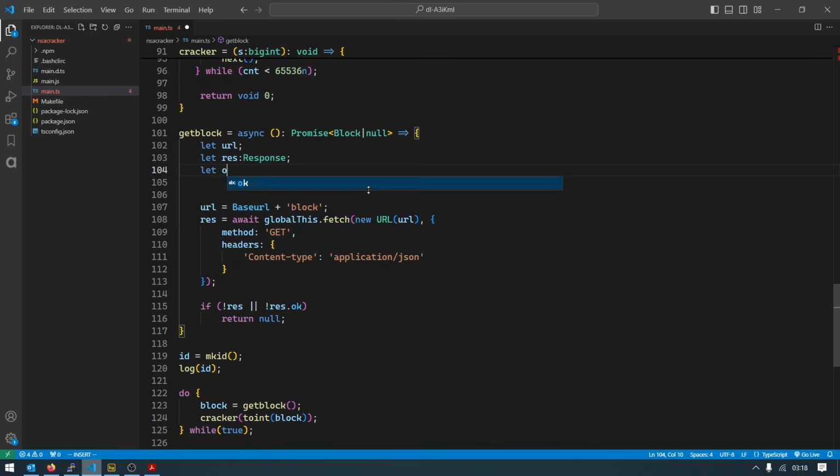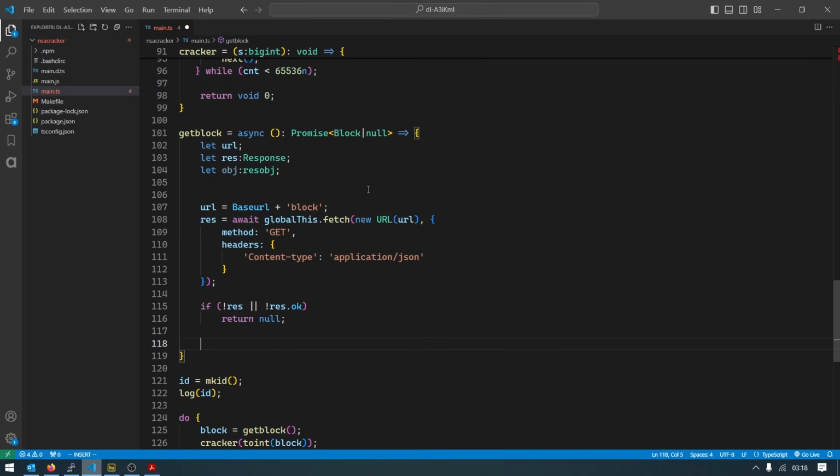So let's say that we have an object which is a response object. We set this object equal to the response. We need to await this, the response.json. And let's do a sanity check. So if we don't have an object, or